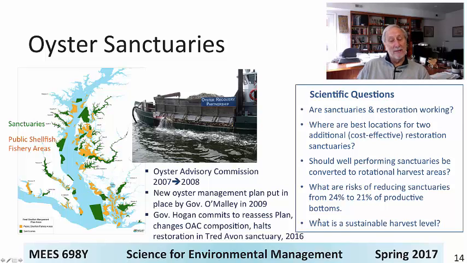And then finally, we've been asked by the General Assembly to determine what is a sustainable harvest level. It's done for fish populations regularly. We don't have a sustainability estimate for oysters. And so very likely, if we can get everything in place and the funding established, we will estimate the sustainable harvest level that will play into this, because the General Assembly now, in response to the actions of the Hogan administration, basically has a bill under consideration that we don't change anything in terms of sanctuaries until we have this sustainable harvest estimate completed.